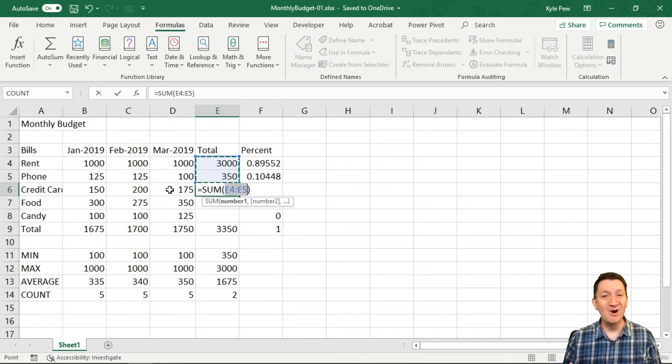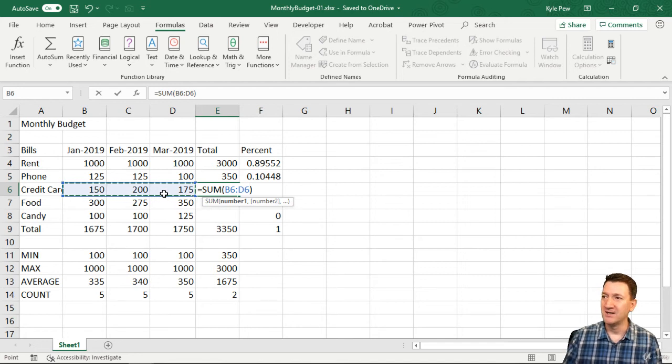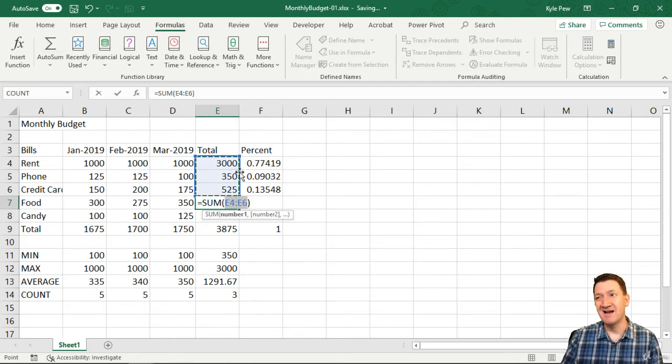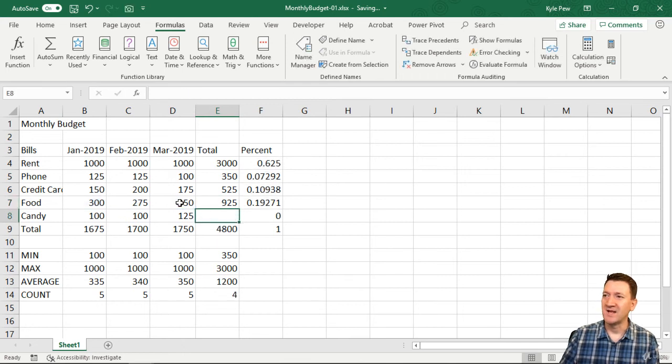Right? And again, it's a smart application, but it has some limitations and it has some defaults that are built into its behaviors. So this isn't a big deal as long as we're aware of it and we recognize that something went wrong. So all that we need to do is, instead of E4 to E5, I'll go click and drag the proper range of cells. Hit my enter key, done. Let's try it again. Auto sum, Excel, you got it wrong, not a problem. I'm just gonna grab the correct range of cells. And let's do this one more time. Grab that, formulas, auto sum, incorrect, grab the proper range, enter key, and I'm done.